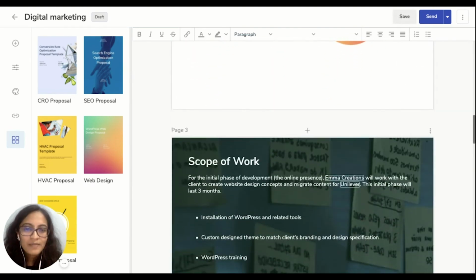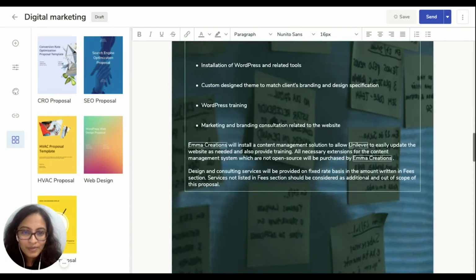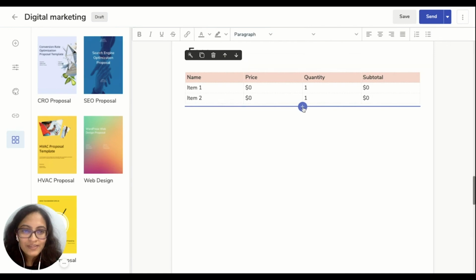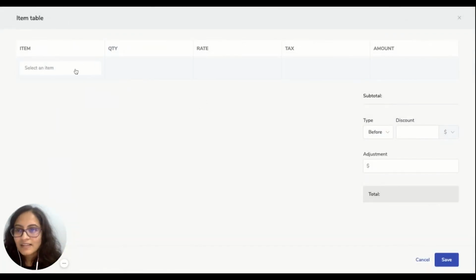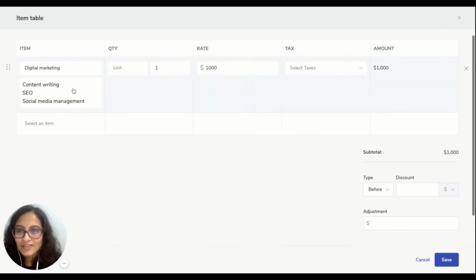If I want to make any changes in the proposal text, I can do it from here. If I want to add an item table, what I can do is I can come here and select the pricing table, and if I want to add the items, I'll have to click on this edit. From here I can choose the items that I want to charge him for.